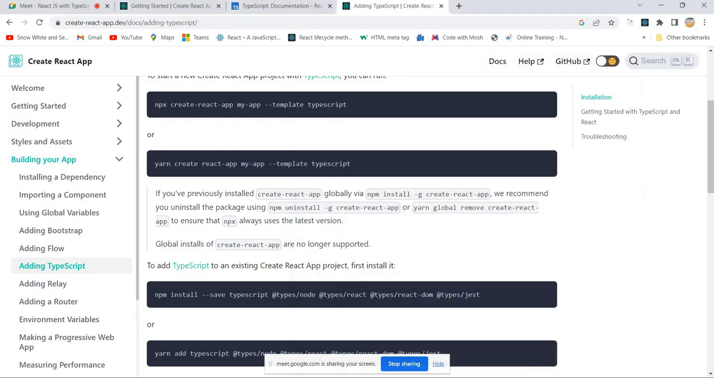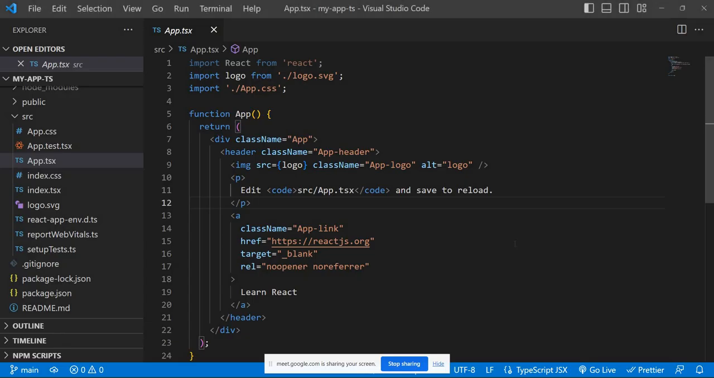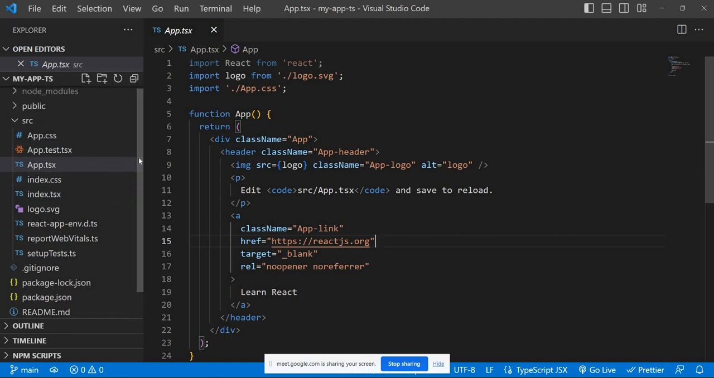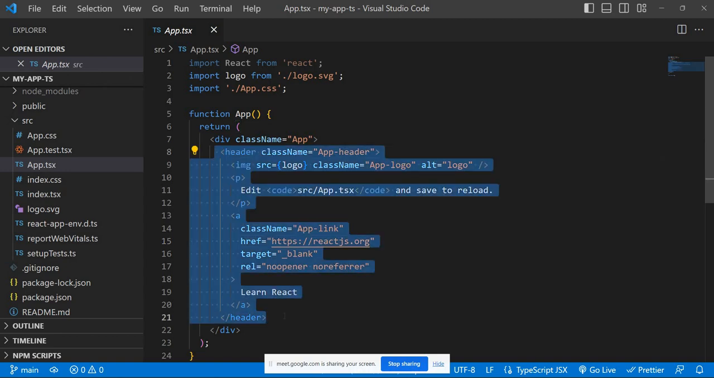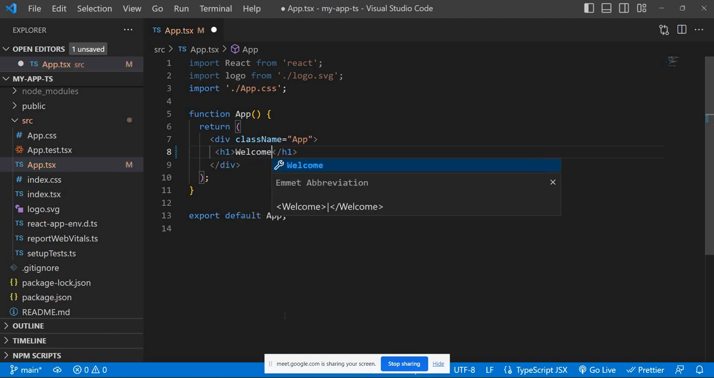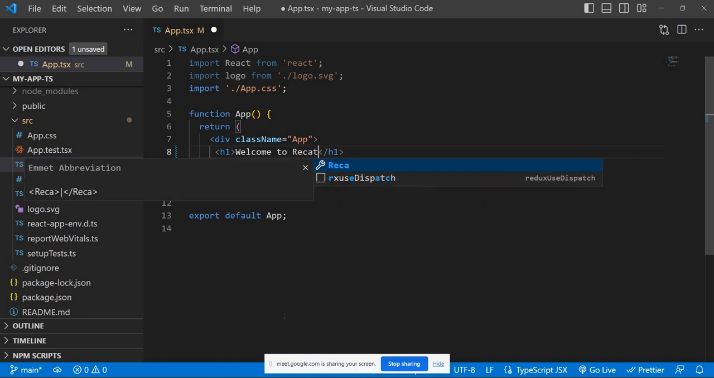Okay, fine. Meanwhile, we can create some components. The folder structure and everything is the same. The only thing is that here we are dealing with TypeScript. So I'm just removing all this stuff here, and putting a simple heading like welcome to React